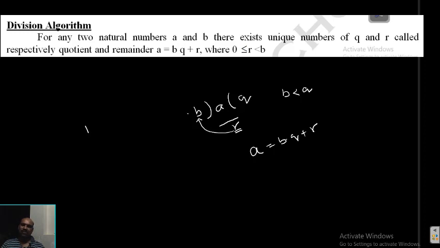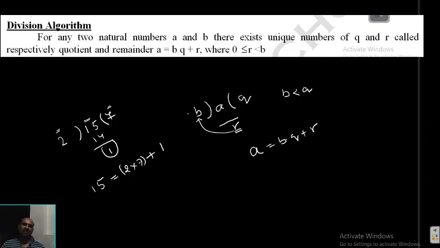I will show you. For example, we want to divide 15 by 2. 2 7s are 14. Subtraction is 1. Now I can say that 1 is the remainder when the number 15 is divided by 2. Here 15 is called the dividend, 2 is called the divisor, 7 is called the quotient, and 1 is called the remainder. All these four satisfy the condition: dividend equals divisor into quotient plus remainder. So this is called the division algorithm in numbers.